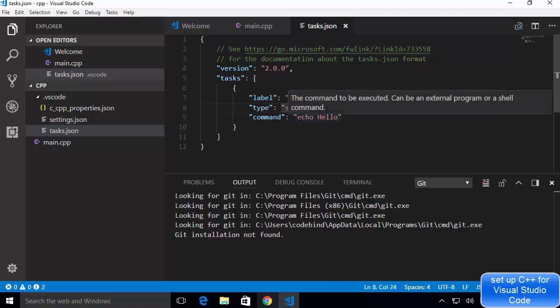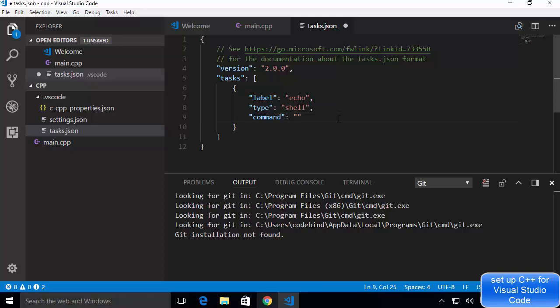So in our case, we are going to give this command, which is g++. And you can even add the complete command, for example, -g for debugging options, and then your file name, which is main.cpp in my case, right? So you can give this kind of command, or otherwise you have the option to give the args.